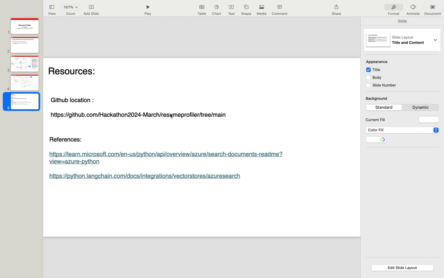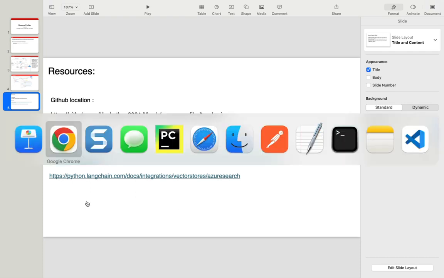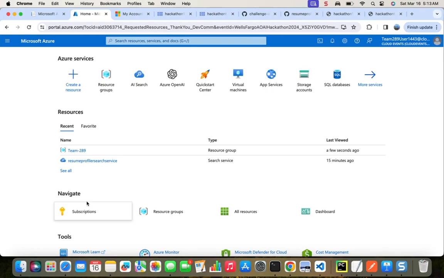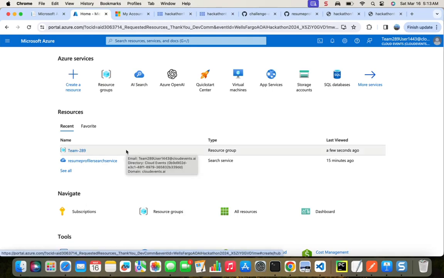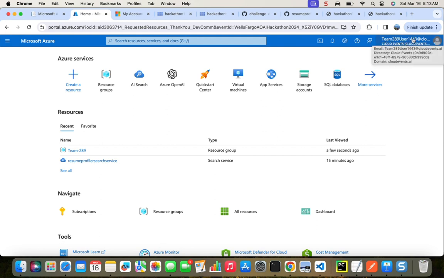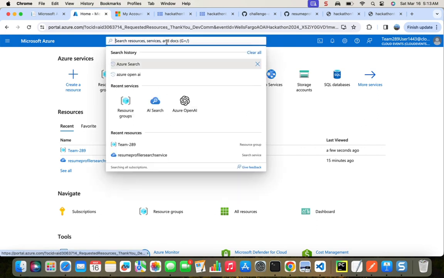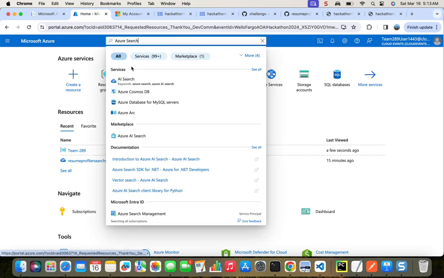This is our GitHub location where everything we have, and we can take it there. Next, we are going to show the Azure portal that we are using, and this is our team. You can see that this is team 289 user. This is me, 1443, and if I take you there to Azure search,